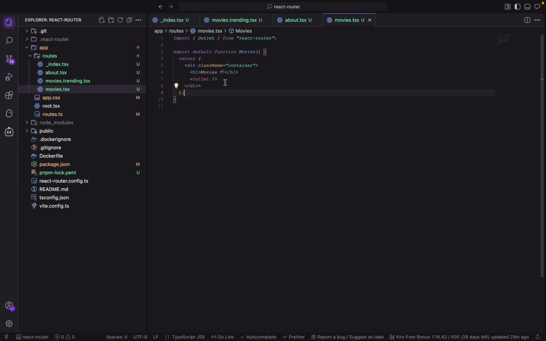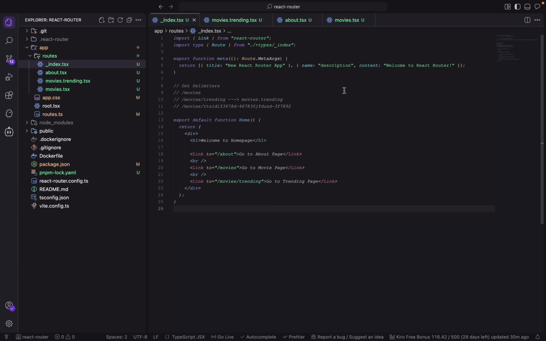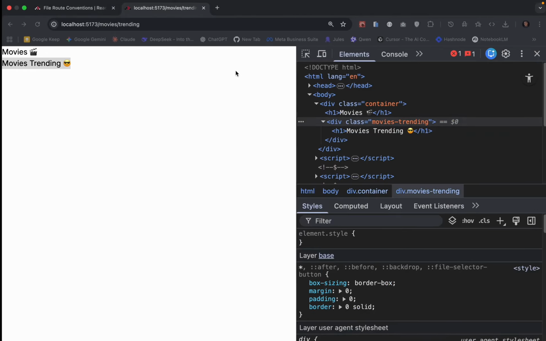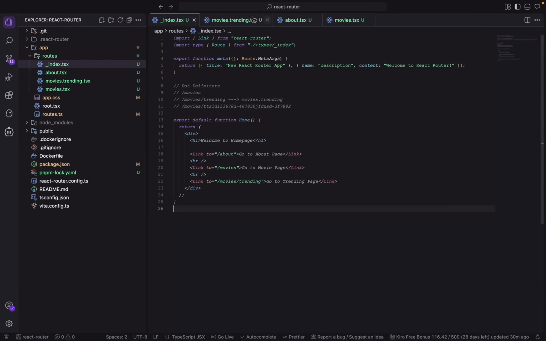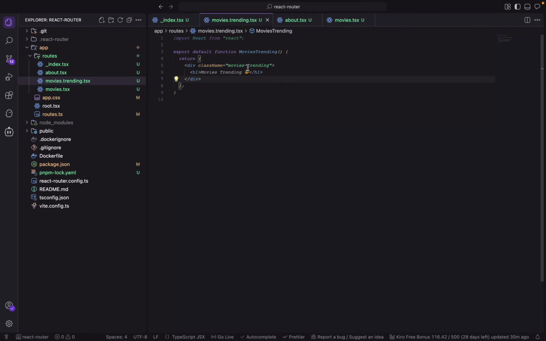So that is how nested routes work. Which means that if we have movies dot trending dot something, it will keep on nesting into each other. So that is how we can achieve this. But before we round it up, assuming now that we have